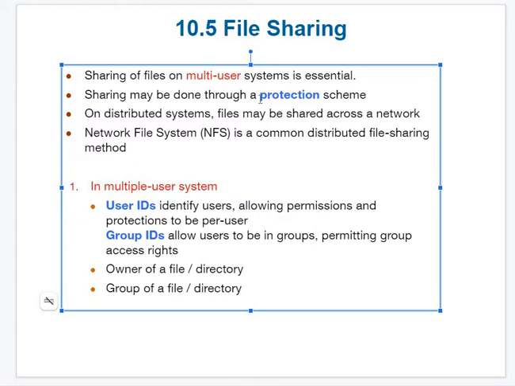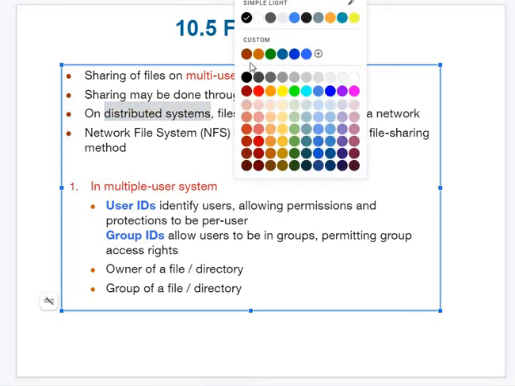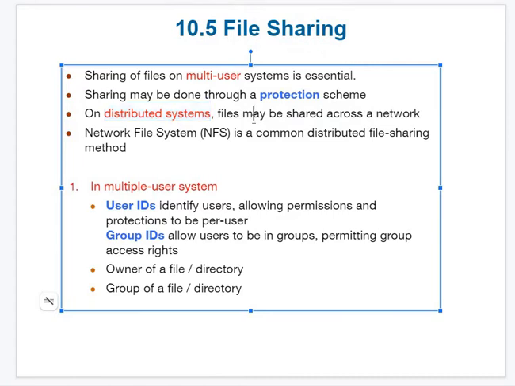File sharing becomes essential when it is a distributed system. That means the data is not present in one common computer. It is present in different computers placed at different geographical positions. For example, today I try to search for a live cricket score on Google. The cricket game is going on in Australia or some other continent. Whatever changes there are in the cricket score, they will update in their local server.